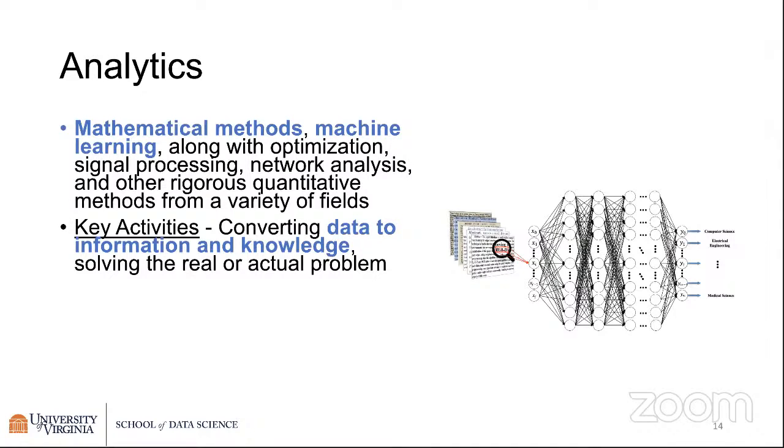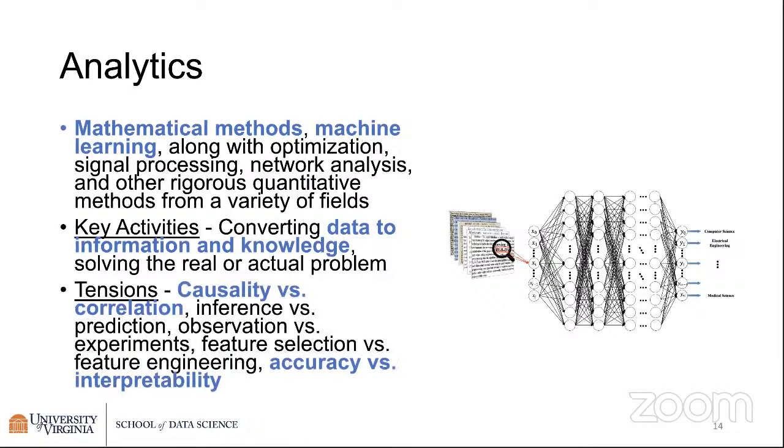Key activities here is obviously converting. This is where the rubber meets the road. Taking the data and turning it into something that's useful, turning it into the answers to the questions that we've posed. This is where it actually gets done, in this analytical part of the data science structure that we described, the 4+1 model. So this is where we're really meeting the challenge that we've got.